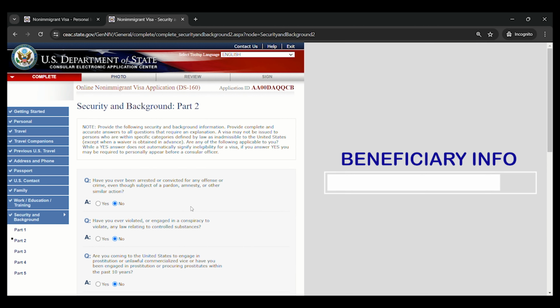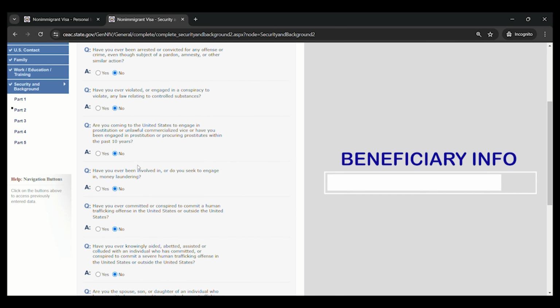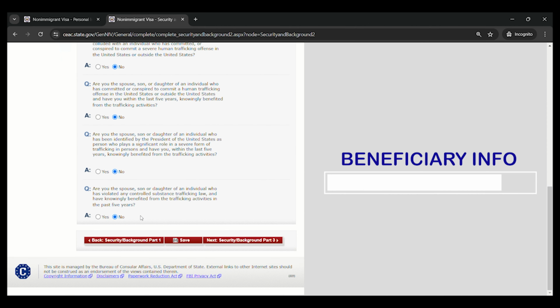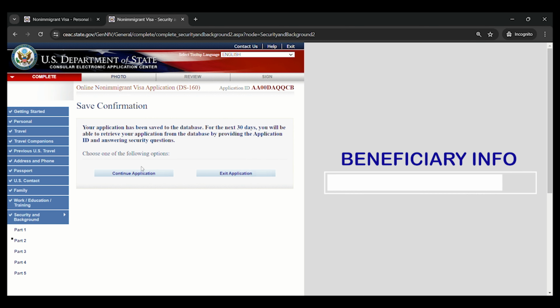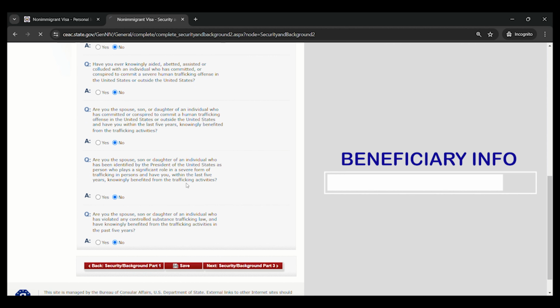This will be the part 2 of the security and background. So guys, just read each question carefully. All right? And then once you're done, select what is applicable to you. Click Save. Click Continue. And then click Next.